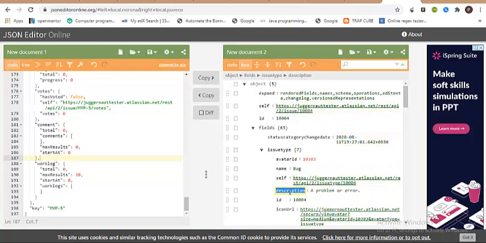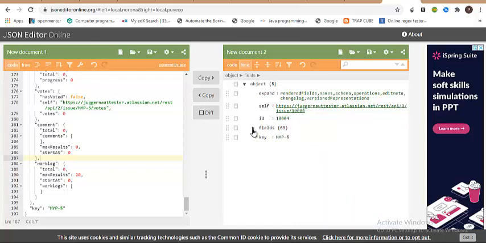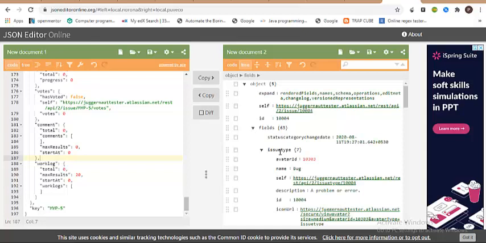So the description is present in the issue type, the nested small child JSON, and the parent of issue type is actually fields. So response is the response object. If you wanted to traverse to get to the name, what you should be using is response dot fields dot issue type dot name, because the moment you just collapse these fields, everything has disappeared.